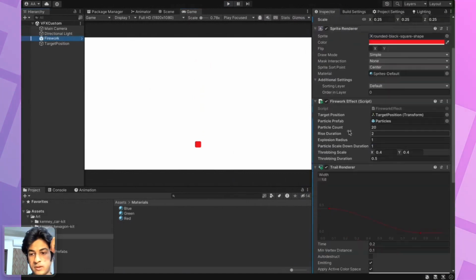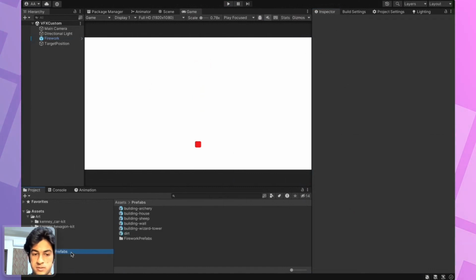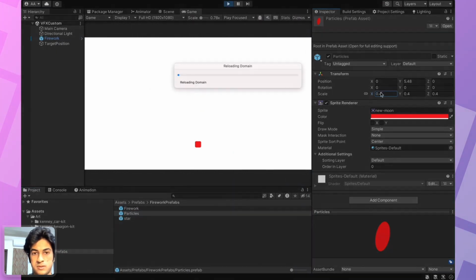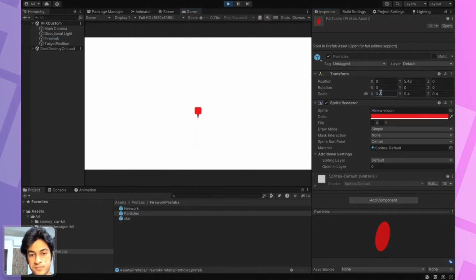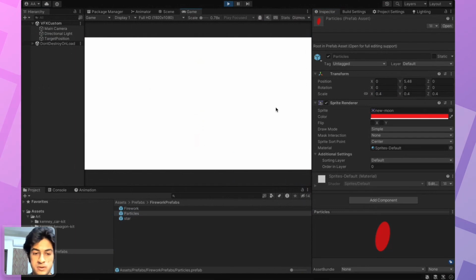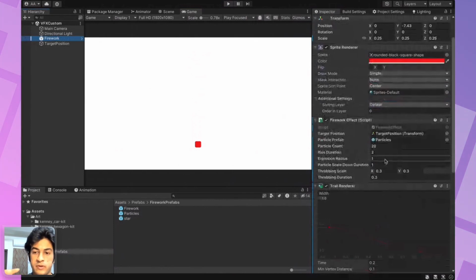All right, so let's modify a few things. Let's make it drop quicker. Let's do this. The problem is our particle is too big, so we need to reduce the scale for this as well. Yeah, now it is moving outwards, but we need to increase the speed and the duration. So we have the variables. So explosion radius, let's increase it by 5. And let's reduce the time it takes to move out. So we can see the effect.